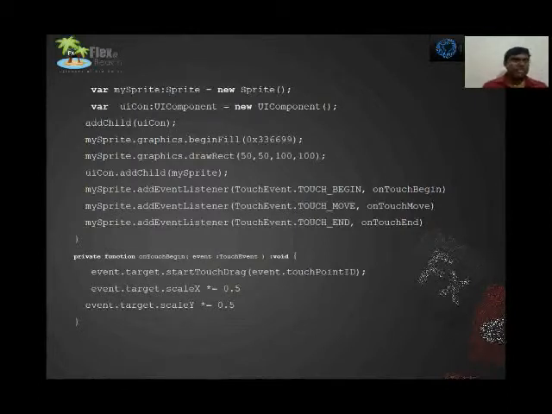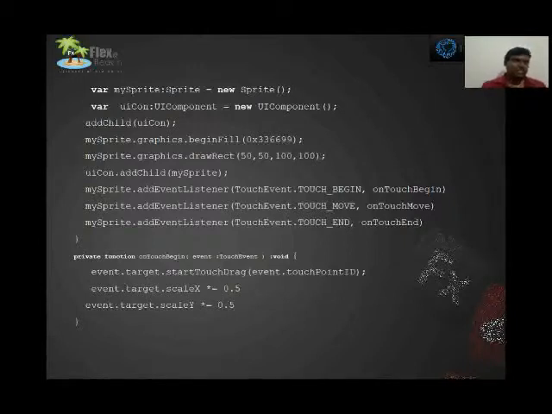Begin means when the user drags, then when the finger is moved, the interactive object also needs to move, and at last stop drag, which is the touch end. So touch begin: when I press this button, I need to increase the size.